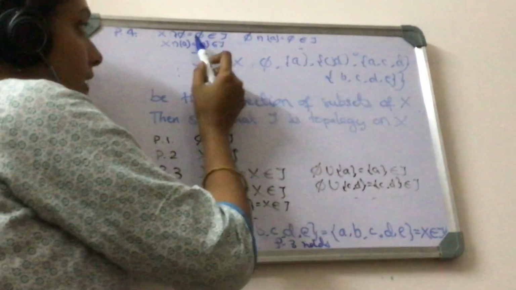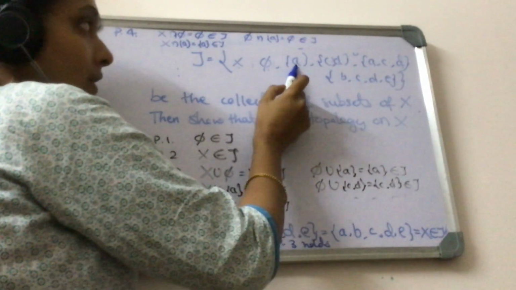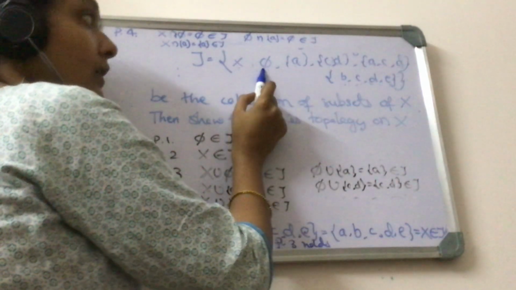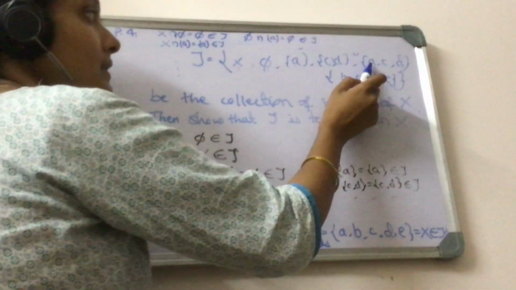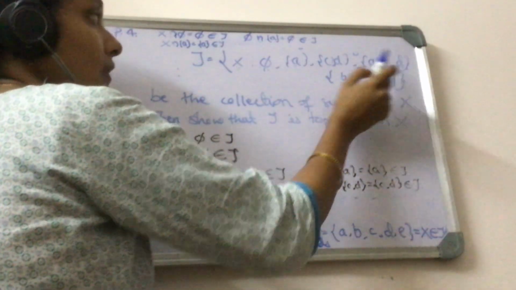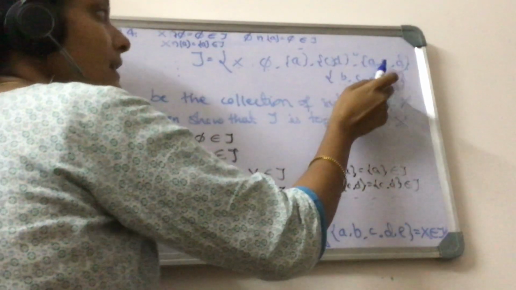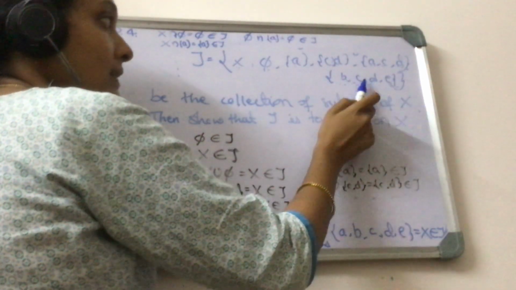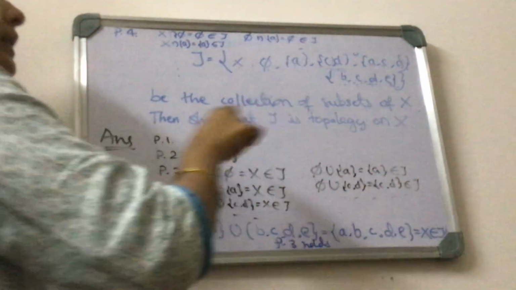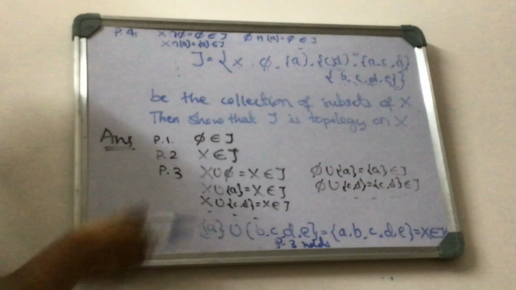Null set, which is there. Okay. A intersection ACD is what? A, which is there. A intersection BCD is what? Phi, which is there. Okay, like that. CD intersection ACD is what? CD, which is there. ACD intersection CD intersection BCD is what? CD, which is there. ACD intersection BCD is what? CD, which is there here. Okay, this intersection, this. So intersection of members of tau is again a member of tau.